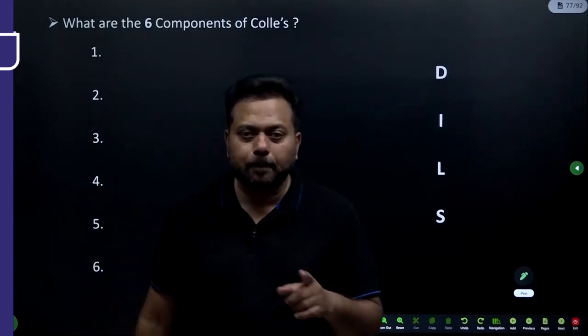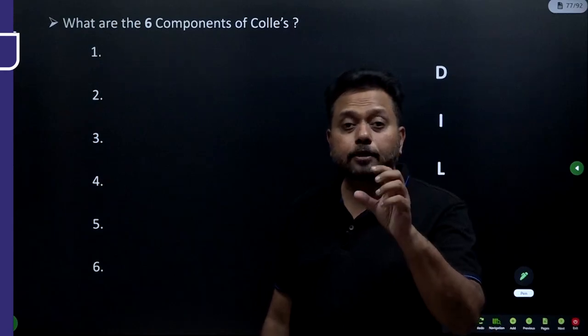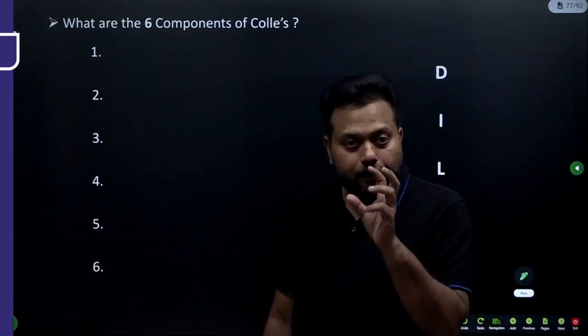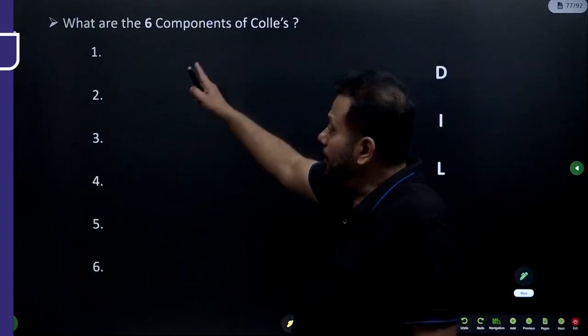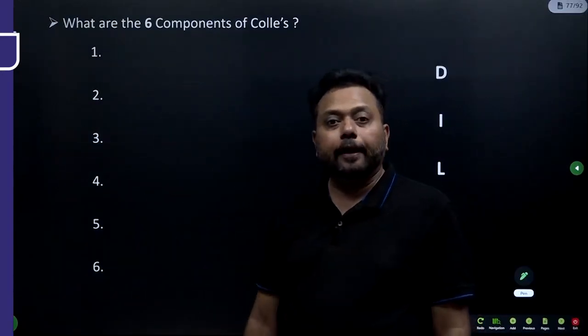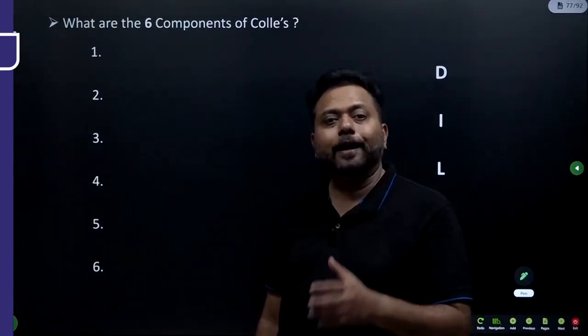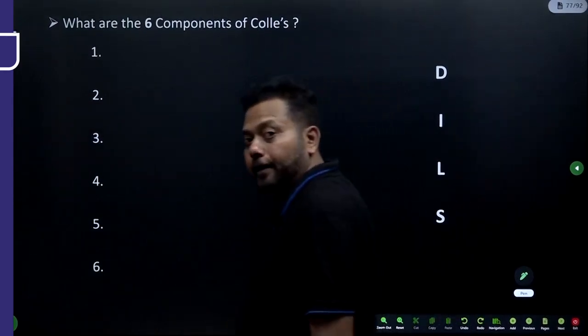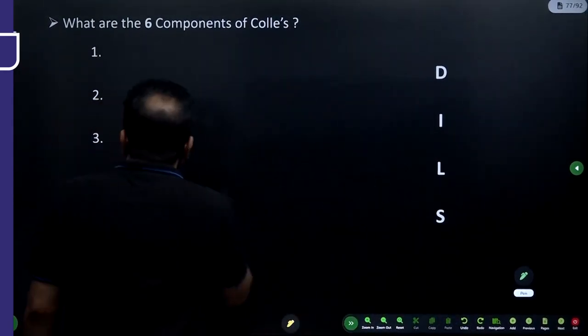So what are the 6 displacements? All the displacements are in relationship to the distal fragment. In a fracture, the proximal fragment will be there, the distal fragment will be there. Here, all the components are in correspondence with the distal fragment. So the mnemonic is called DILS. I have written on the side DILS mnemonic. First is called